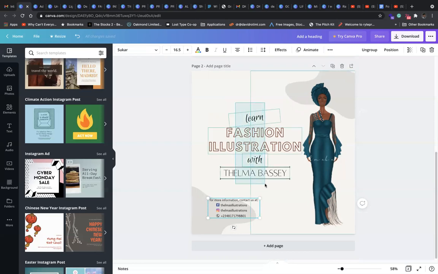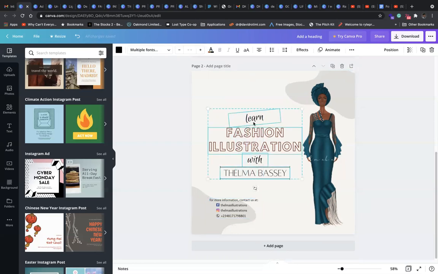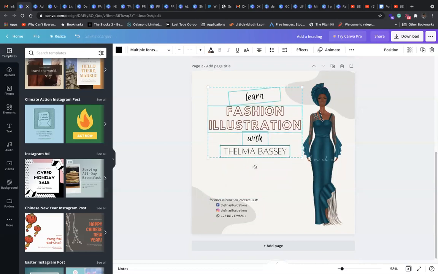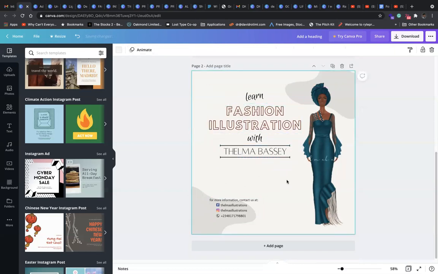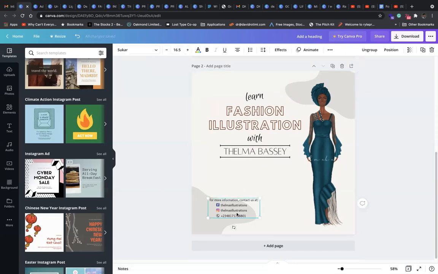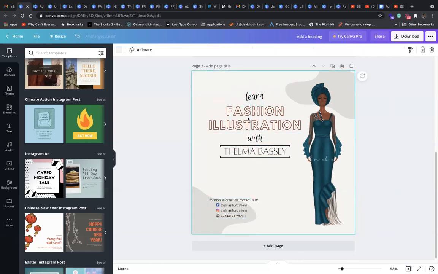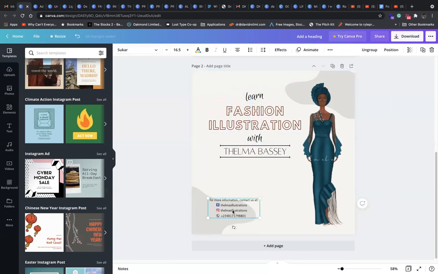Typically you have the header, learn fashion design with Mabasi, and then you have some minor details, maybe more details about what you're going to learn, before you have the information. But because this is all that you have, it just makes sense for it to be like that, except what you then want to do is